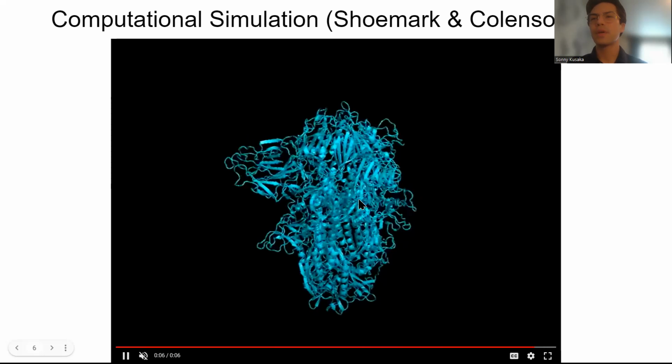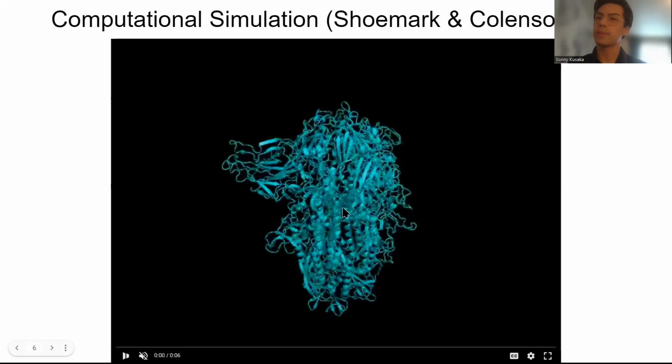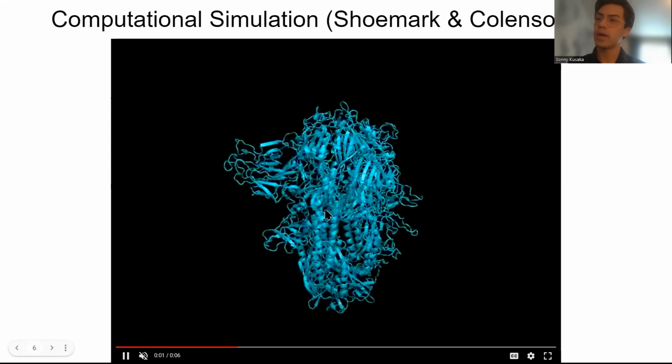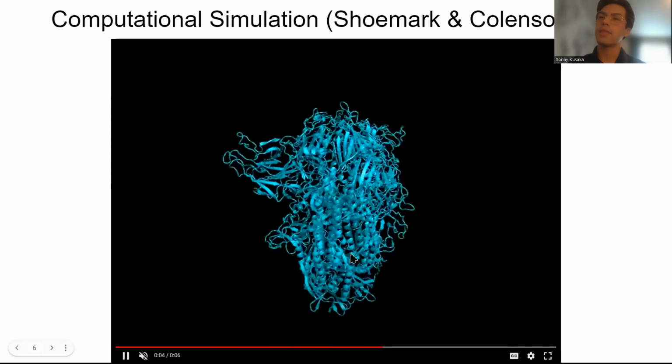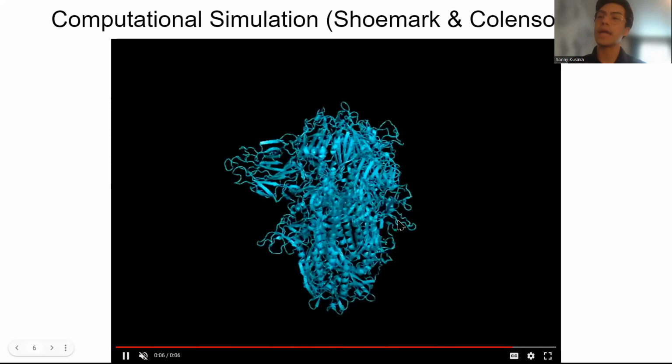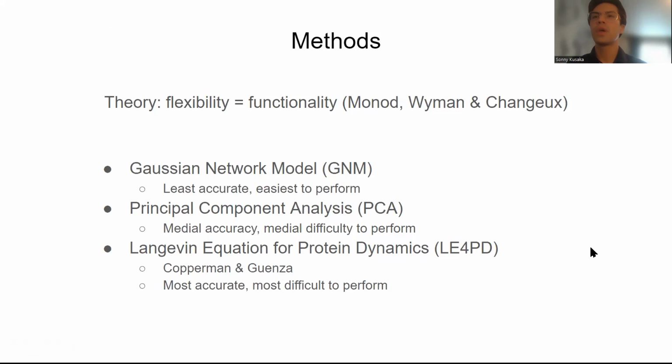So analysis techniques have been developed that can analyze the trajectory of the computer simulation and thereby give us a better idea of what's going on within the protein. The methods that I used all fall under the theory that flexibility more or less equates to functionality. And this was a hypothesis by Monod, Wyman, and Changeux. And basically what this says is that